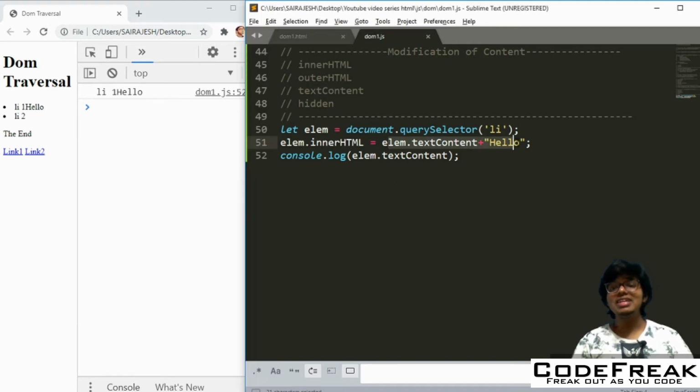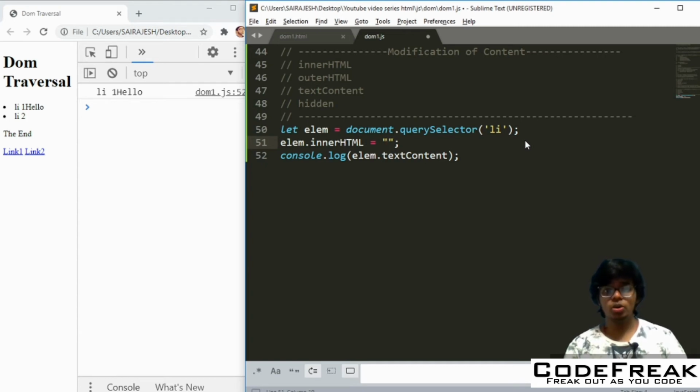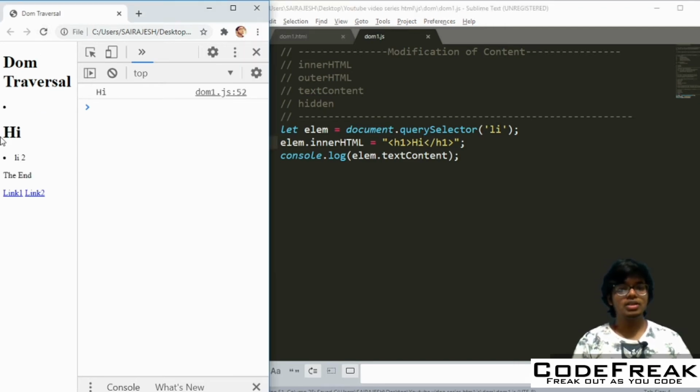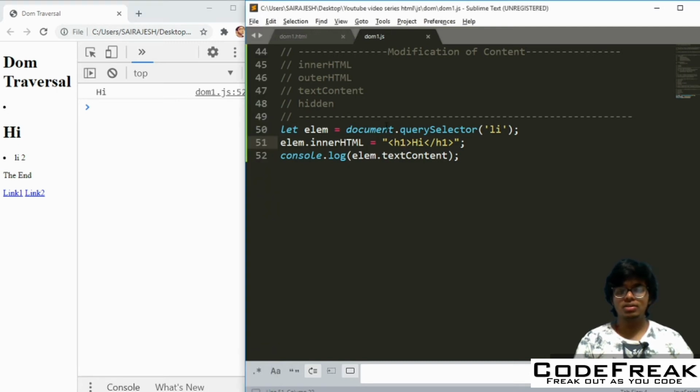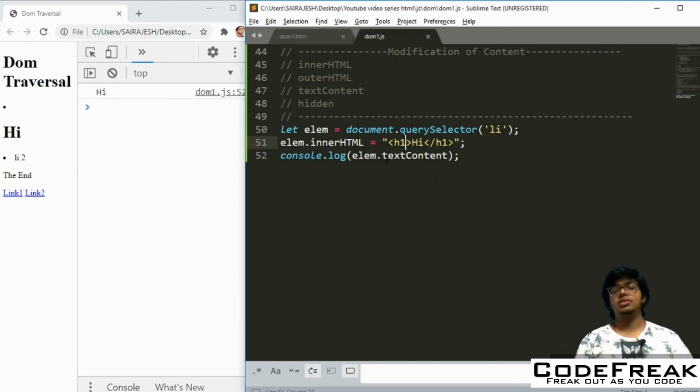So now what is the difference as such between inner HTML and text content? First, let's look at that. So we are looking at inner HTML. Say I want to put some more tag there. So let me make a h1 tag here like that, and let me make the closing tag also like that, and let me just put hi inside that. Now let us see what happens here. So you can see actually the content changed, and along with that you have the properties of the h1 tag. Like this, you can have the classes, you can give some class here, everything you can do, just whatever you want in place of this li here, right? That's what happens here when you do inner HTML.